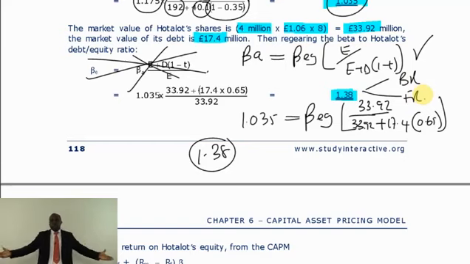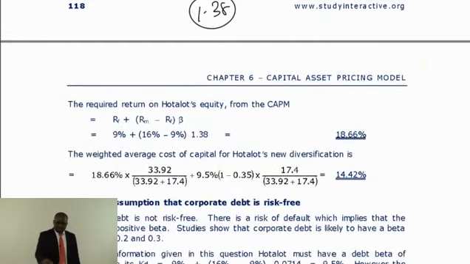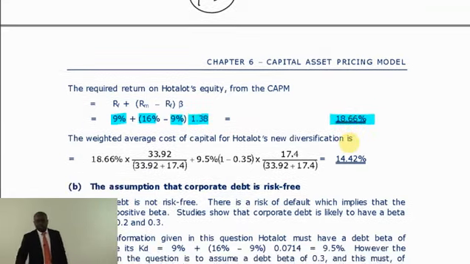Is it my whole risk? If this is my whole risk, I have to put it in the CAPM formula. Okay, risk-free, they said is 9%, market return is 16, risk-free, and the beta, and this is my cost of equity. Once I have got the cost of equity, as long as I have got debt, my cost of equity is not the same as the WACC. We've learned that. As long as I have got debt, my cost of equity is not the same as the WACC. Okay, so my WACC should be calculated.